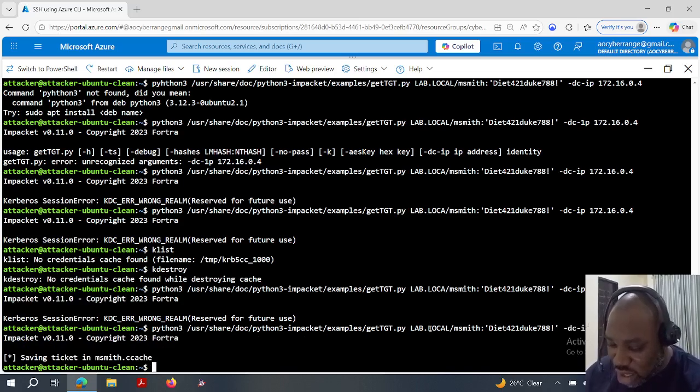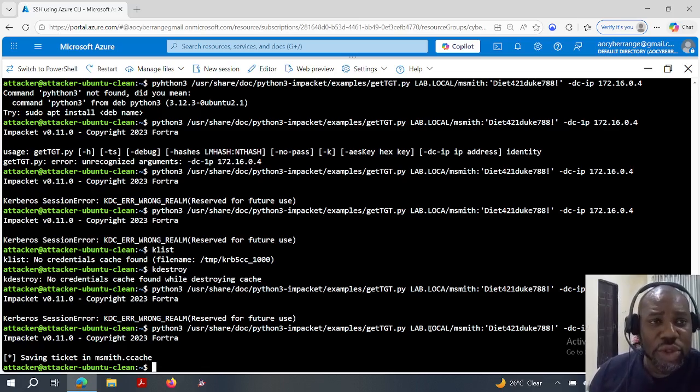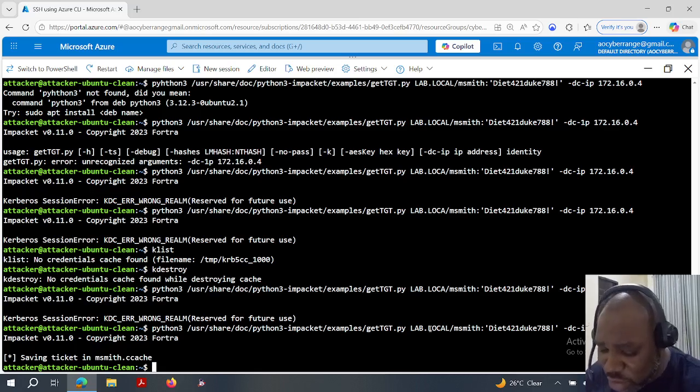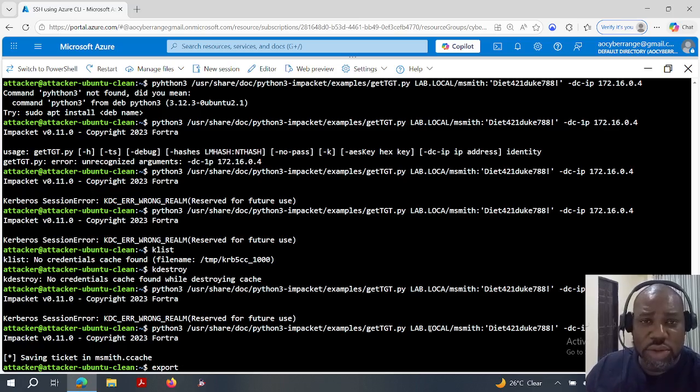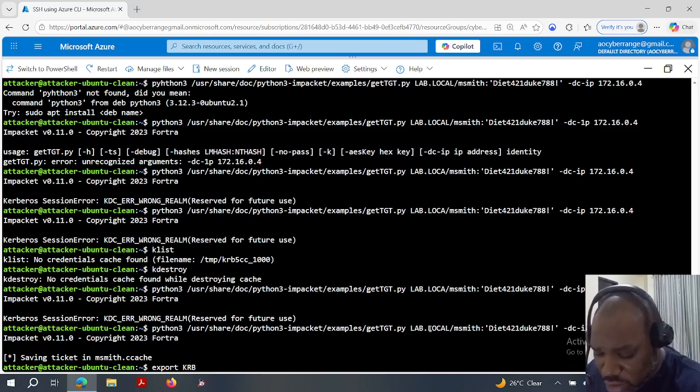Saving ticket. Our ticket just got saved. So right now we are going to export the ticket that we just created. All right, so we export. Going to do export KRB5CC name